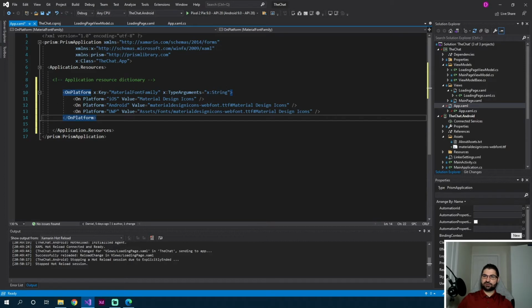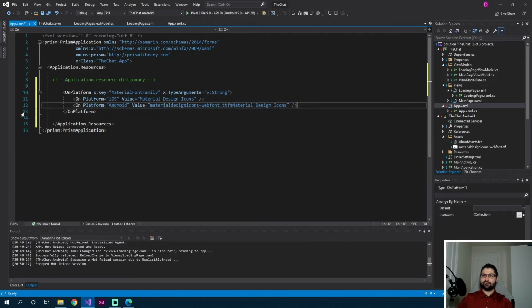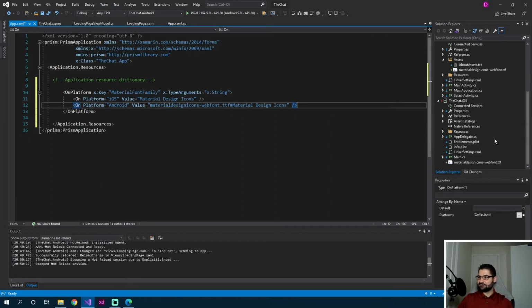So we can just add this here. On iOS it's just called Material Design Icons, and Android needs the name of the font and what the file name is called, and we will need it for our Universal Windows Media Player. So now that we've added these here, we'll still need to have a way so we can access these fonts,